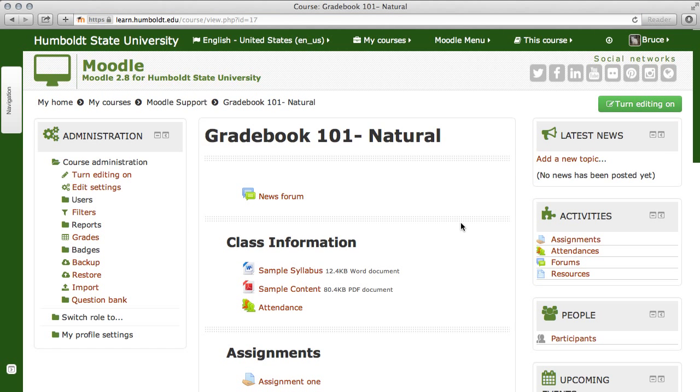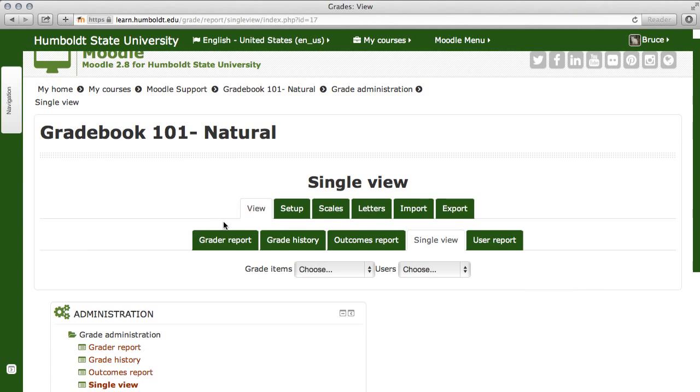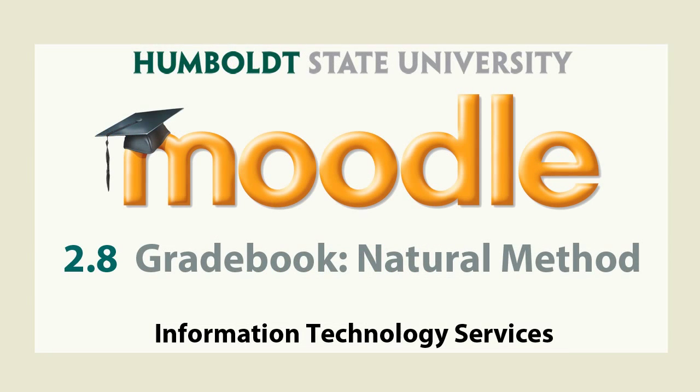I'm going to come back to the front page, and I think we pretty well have a feeling for the natural gradebook. You simply assign the value to each assignment, preferably from the front page. You then allow the gradebook to calculate this effectively, adding normal and natural weights based on the point total, and you're good to go. All right, let's go and look at the most commonly used grading method here at HSU, weighted with simple weighted categories.